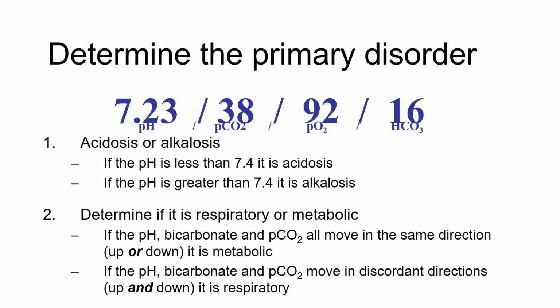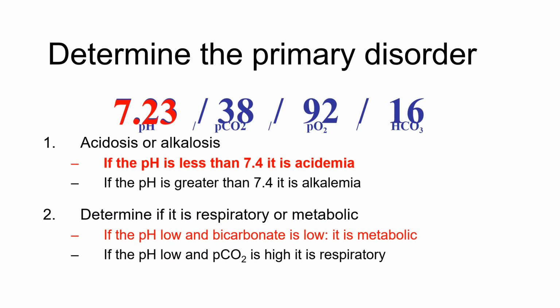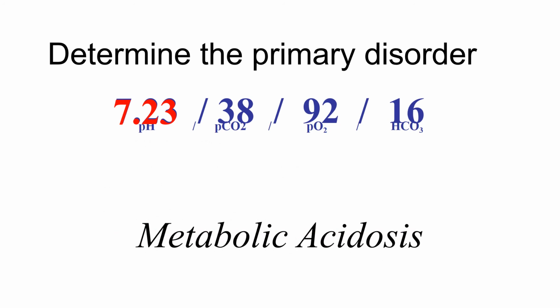So the serum pH is low, right? So this would suggest acidemia, right? And the primary process here should be, PCO2 is low, so it cannot be a respiratory disorder. The bicarbonate is low, so it should be an acidemia, right? And low serum pH with the low bicarbonate suggests that this is a metabolic disorder. So metabolic